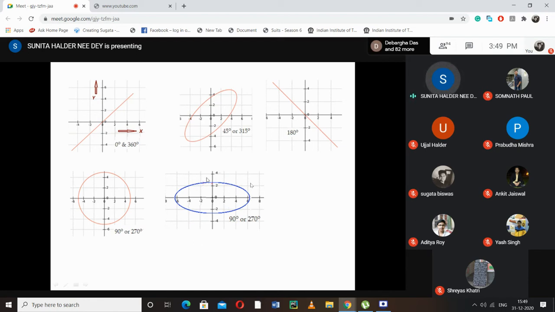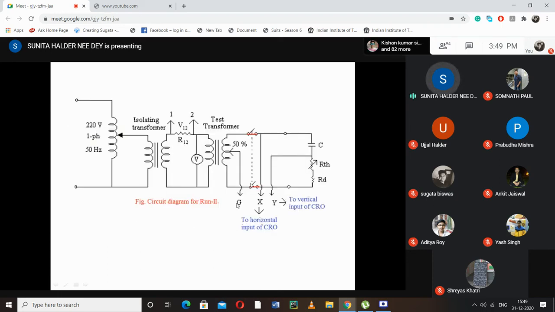Because in this case also, theta is sine inverse x by x max, where x and x max are the same for the x axis, and y and y max are the same for the y axis. So when it is a circle or an ellipse with major axis and minor axis coinciding with the x and y axis, that means the angle is 90 degree. Here we shall require this 90 degree angle actually. Why, I shall explain later. So in this way, we can measure the angles.